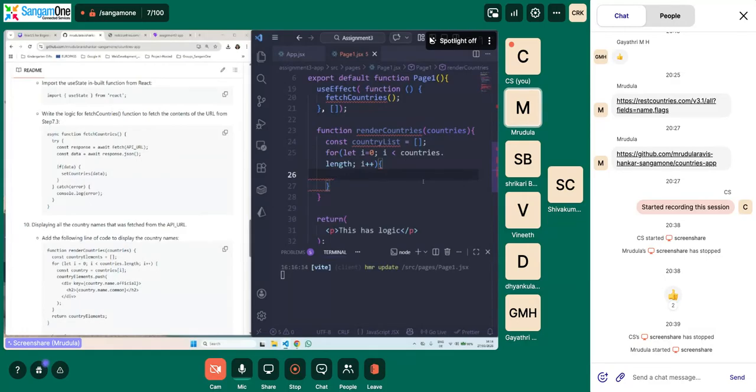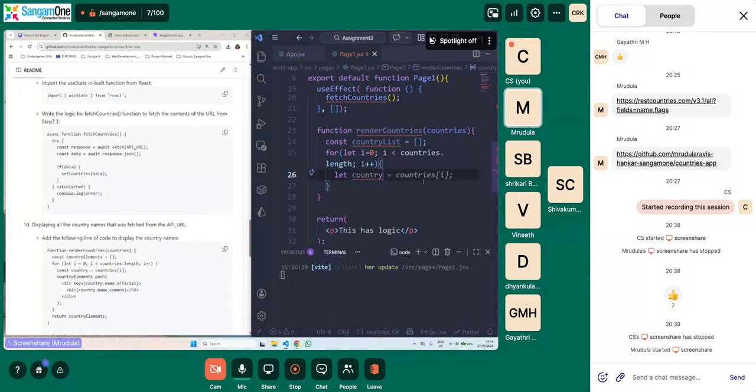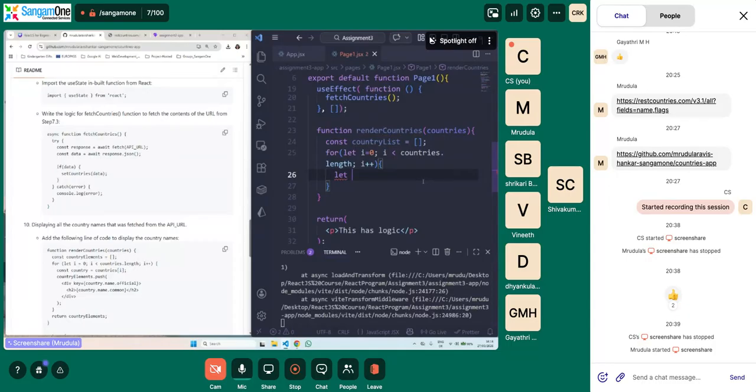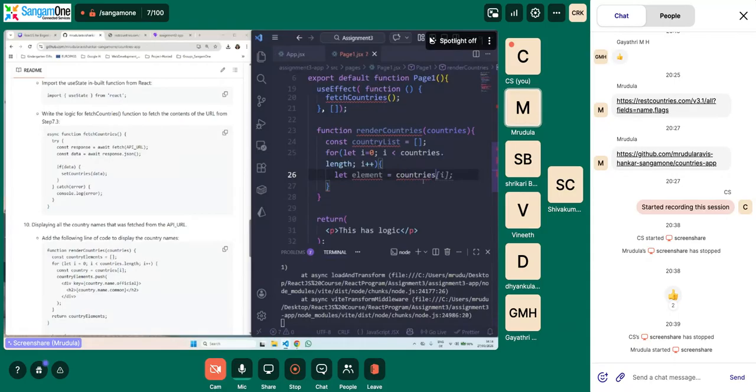Okay. So what will we do? We will have one other variable. So we will say let country, because we are looping through the countries. We will have only one country at a time during the for loop. So we will have a variable called country, or say element, is equal to countries of i.